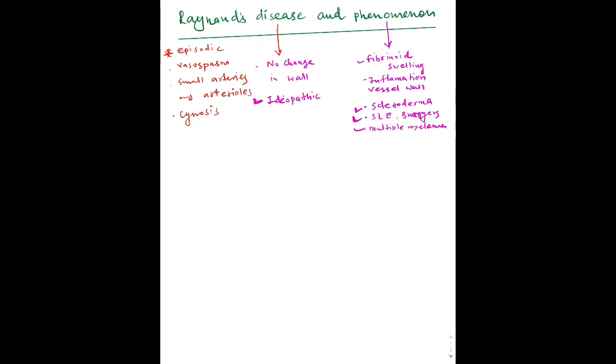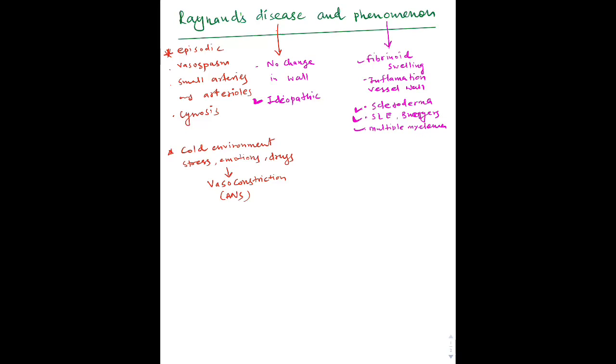Now we will talk about a little bit of pathophysiology, that how it occurs, what is the process and how this cyanosis occurs. Just suppose there are some triggering factors like cold temperature or cold environment, some stress, some emotions, some other drugs, and because of this there will be some vasoconstriction of the small vessels because of the ANS, autonomic nervous system. And this autonomic nervous system and this vasoconstriction will cause vasospasm of the blood vessels, small arteries of extremities, and